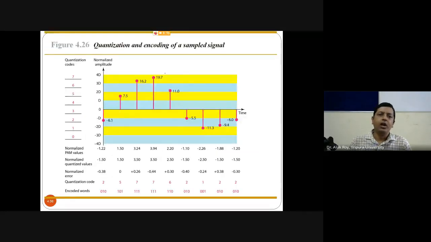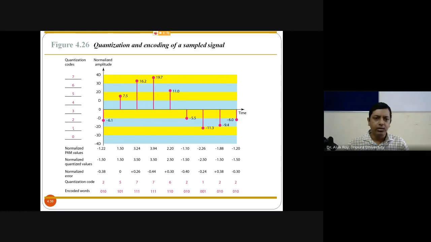In this slide, in quantization, after sampling, say these red colored lines are your samples. Samples taken. So after having these sample values, what will quantization do? Let's take these labels: -4D, -3D, -2D, -D, 0D, 2D, 3D, 4D. These are some voltage levels, and for each gap, -4D to -3D, you are using 0.